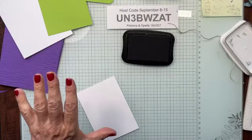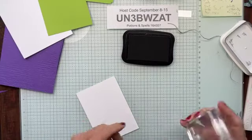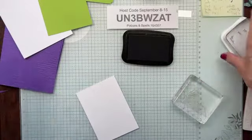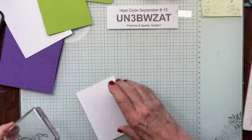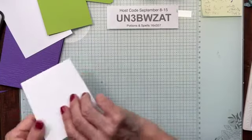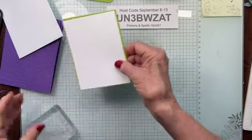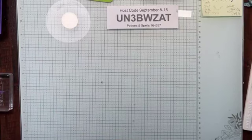Okay, where's my bubble stamp? So in this stamp set, there is this cute little, well, we do have to, sorry, I got sidetracked. We do have to die cut our cauldron first because we need it so we know where to, is that this piece? Yeah. Oh yeah, we were gonna stamp on it, but now we're gonna die cut first. All right,